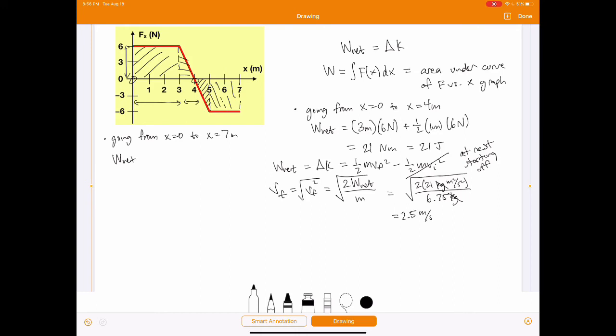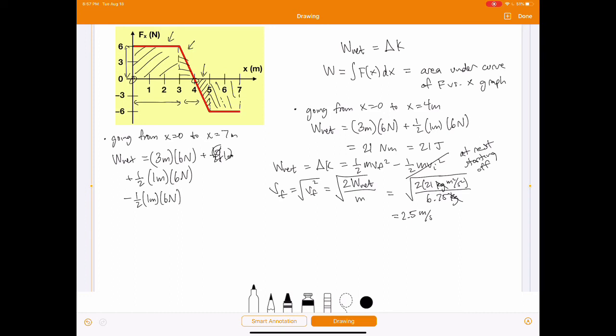So here's what we have for the area under the curve, okay? We have the same rectangular area to start off right here, which again has a base of 3 meters and a height of 6 newtons. And then we have that same triangular area right here, which is 1/2 base times height, where the base is 1 meter. Actually, let me write this down here. So 1/2 base times height, the base is 1 meter, and the height is 6 newtons, just like before. Okay, then we have this negative area right here. We have to subtract that area, and the base is 1 meter,